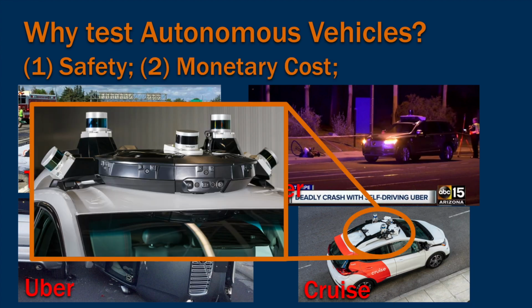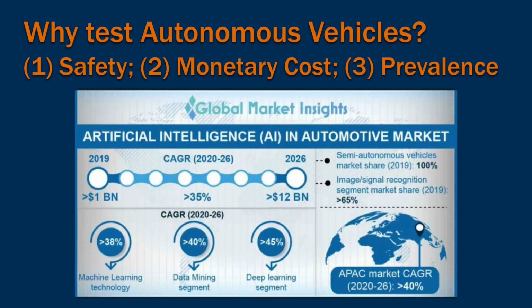Two, AVs are expensive. The hardware alone represents significant costs. GM Cruise was using 5 separate LiDAR sensors and still did not produce a regulation-compliant vehicle. Finally, AVs are multiplying, with the AV market projected to reach a valuation of $600 billion in the next 8 years, with 20% of that coming from the deep learning subsector.